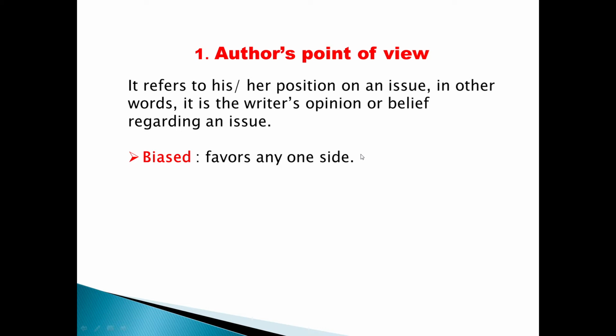Understand? So what is a biased point of view? A point of view where the writer presents only one side of the topic. For example, if we are talking about your opinion about online learning, and if the writer goes on writing only about the benefits of online learning, regardless of all the disadvantages, or vice versa, he is presenting only one side of the subject, then that writing is called biased because he favors any one side.